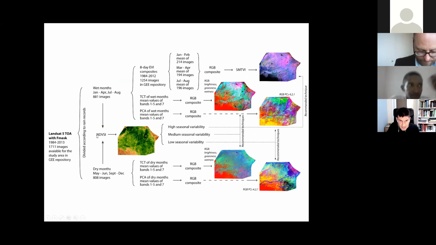The seasonal vegetation index allowed us to select automatically which areas we should use the different techniques on, and then we apply them and join the results all together. I mean, in this case, we were working with thousands of images from 1984 to 2013, and this is because we chose to employ Landsat 5 because it has a very long span,